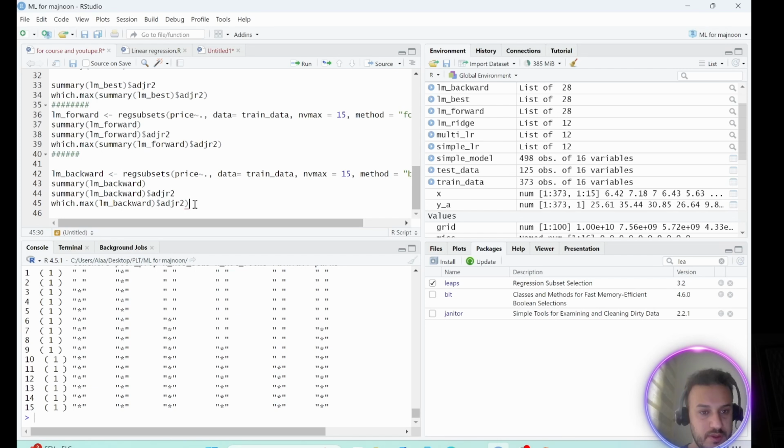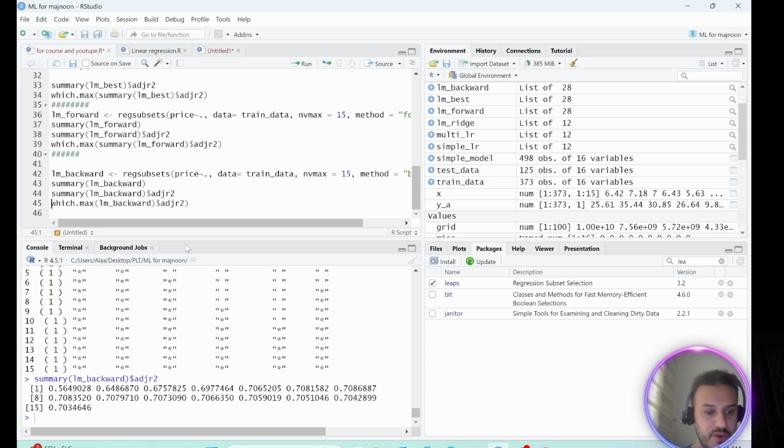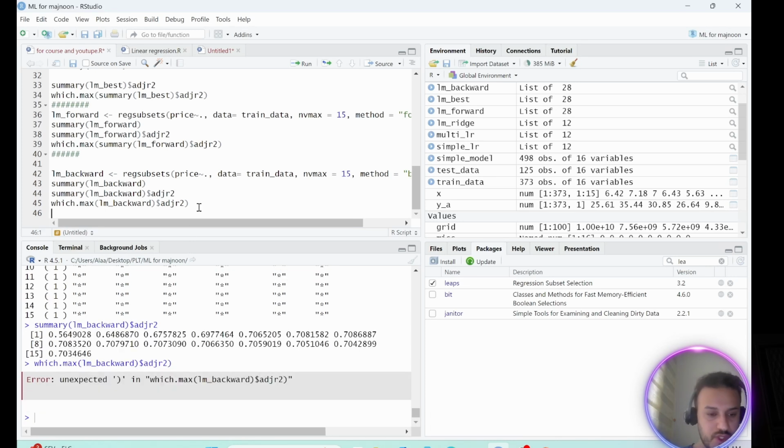Okay, adjusted R. Let's also see which matrix lm